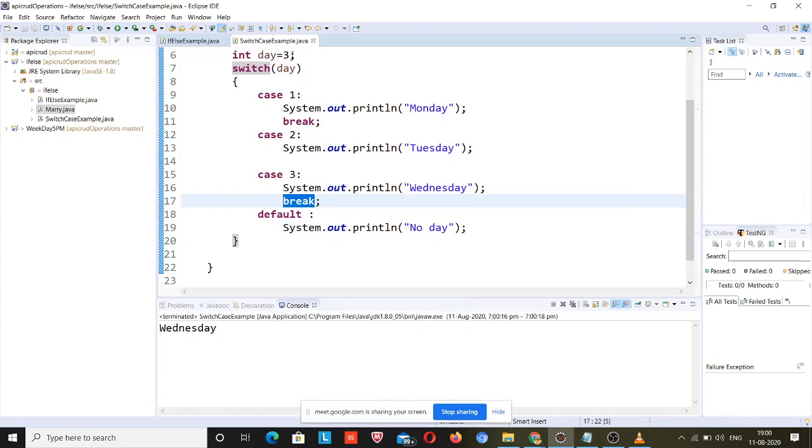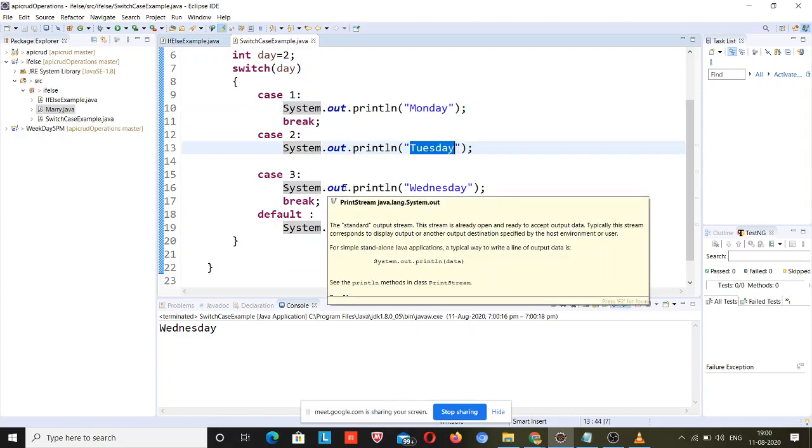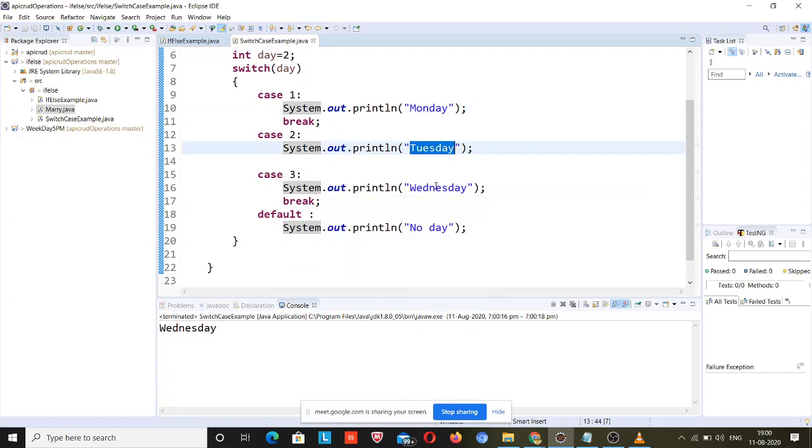What if the day is 2? It will directly jump to day 2 first, right? It will print Tuesday, but there is no break, so it will come up to case 3 and print Wednesday, right?